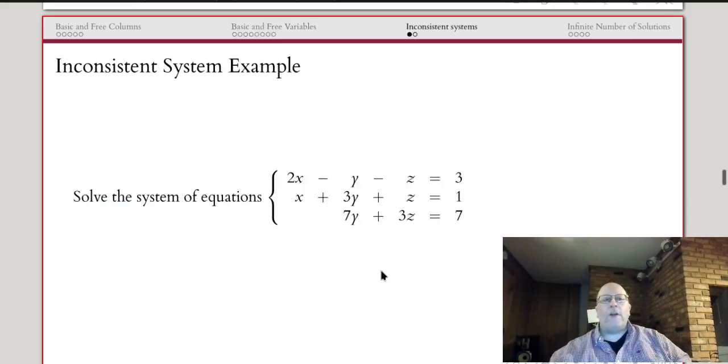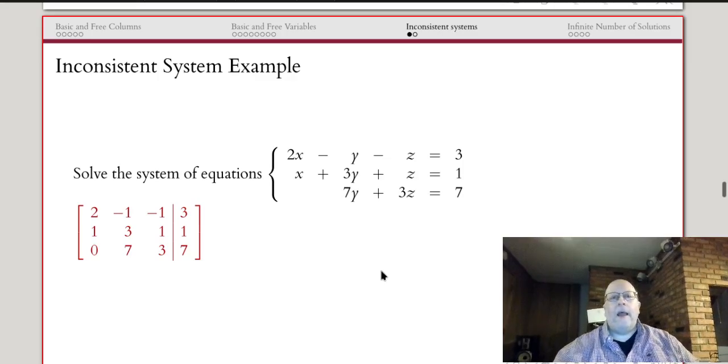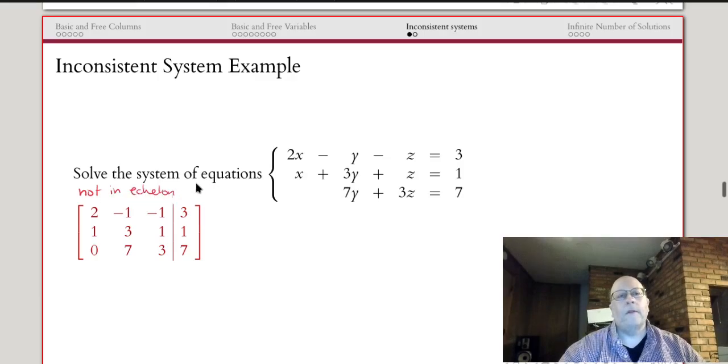All right, we're going to try to solve this system of equations. 2x minus y minus z is equal to 3. x plus 3y plus z is equal to 1. 7y plus 3z is equal to 7. And this system of equations has this augmented matrix. This is not yet in echelon form. So we're first going to have to put it to echelon form,